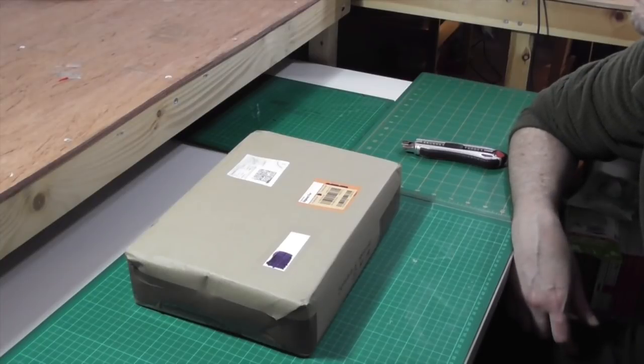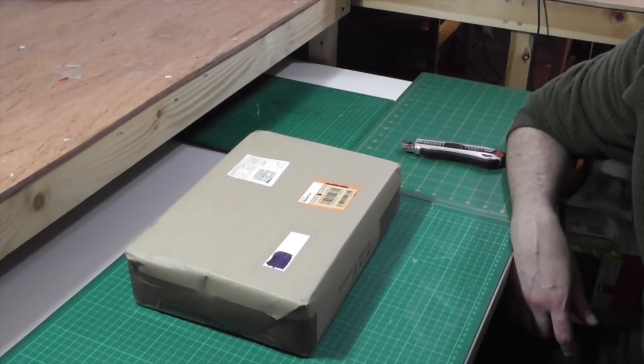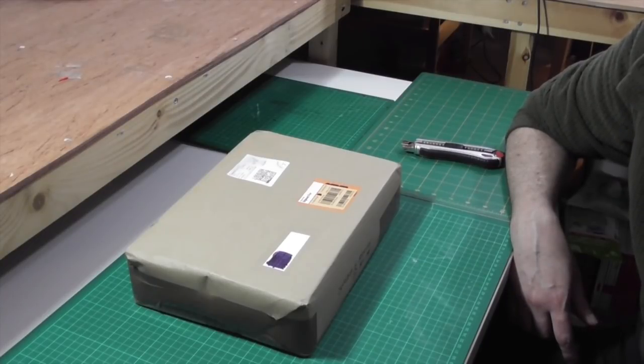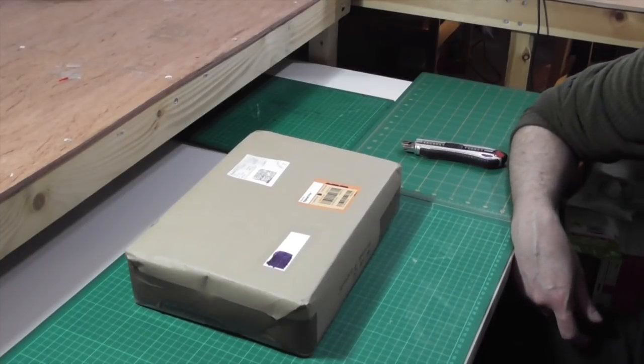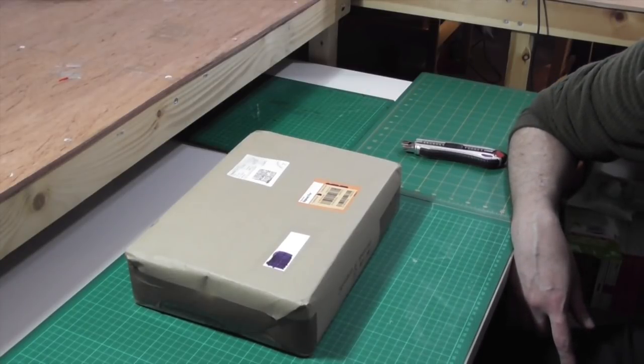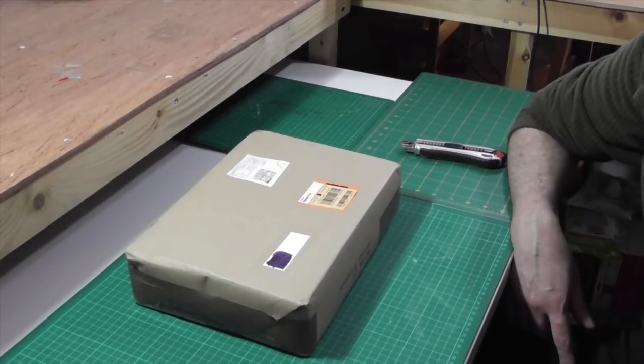I got late in on the action and they were all sold out. I couldn't find it anywhere, no shops had it. The Hornby website didn't have it, they'd discontinued it. I'm trying to find this for a reasonable price. It was extremely difficult. It was a case of going through eBay on near enough a daily basis, just typing in